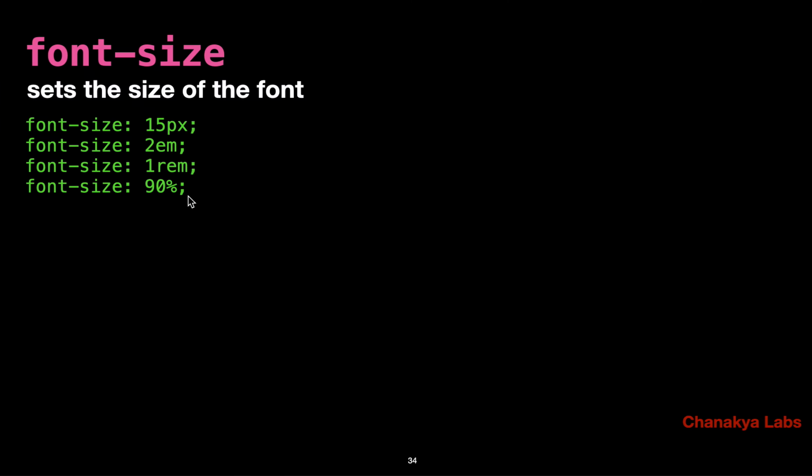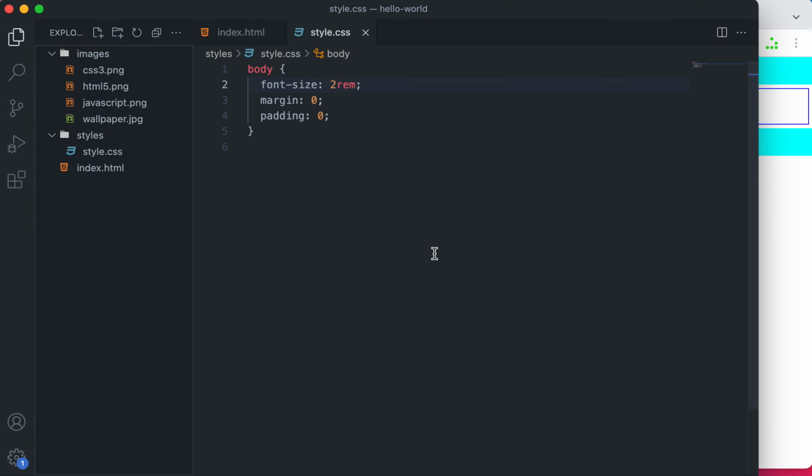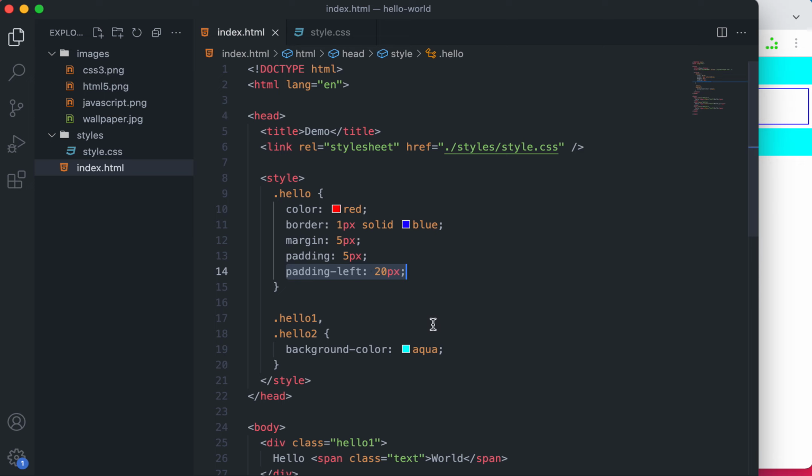Now what is this percentage? Percentage is relative to whatever the current font size is in that context, just outside that element. In that context, whatever the font size is, it will be 90% of that. Let me show you an example of how to see that. So let's keep it 25 pixels only, but